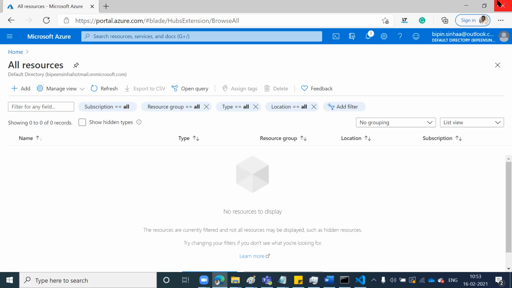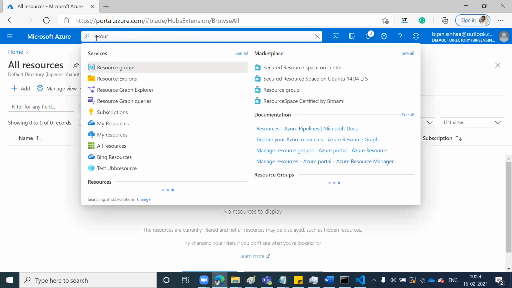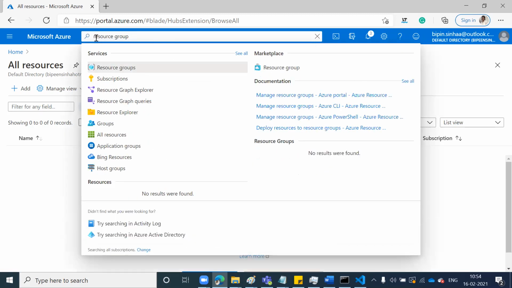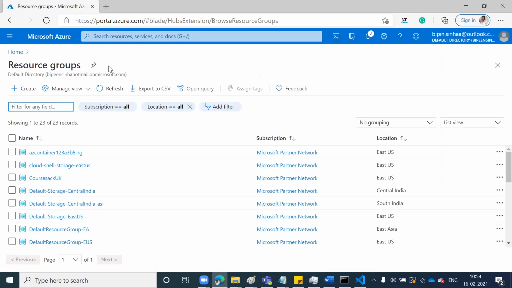Okay, so just click the mouse, go to the search box, Gopi. On top there is a search box, it is written Microsoft Azure, and then there is a search box. Okay. Yes, just type resource group, click that one. Very good. So there are so many resource groups we have already created. Let's create one for you, just click create.